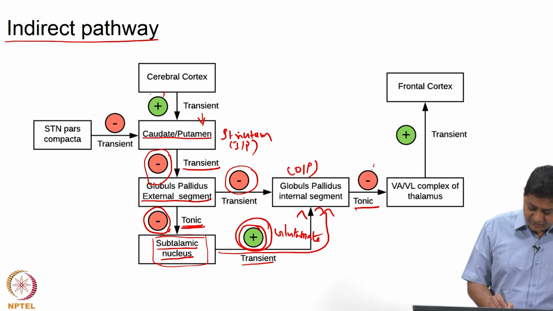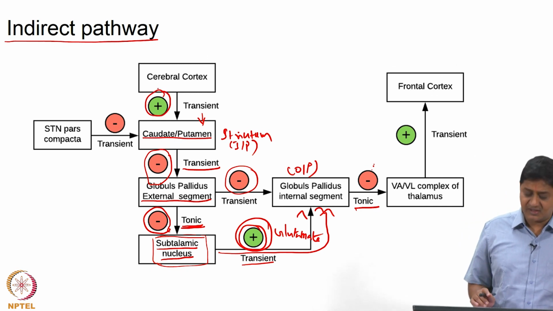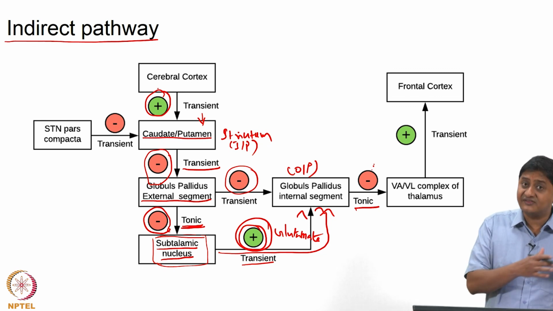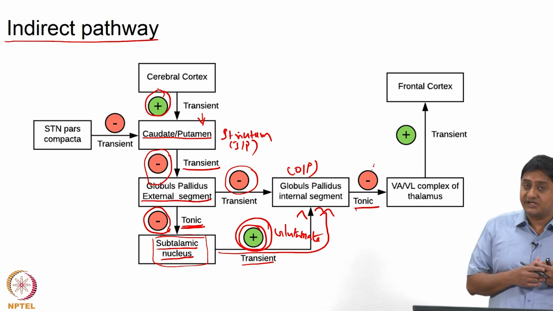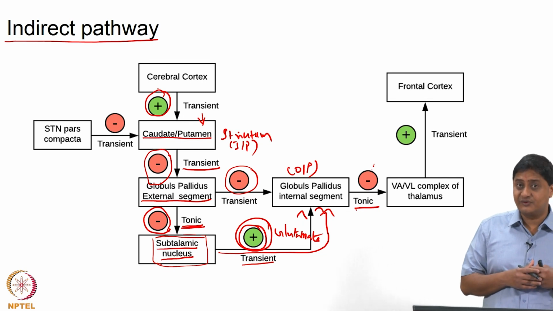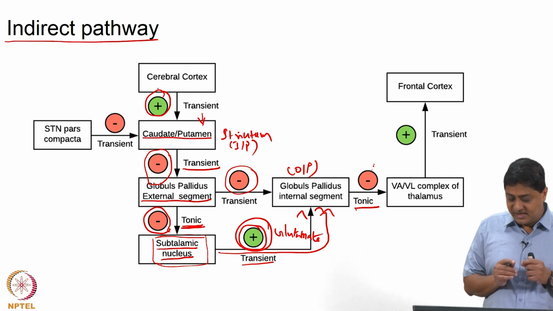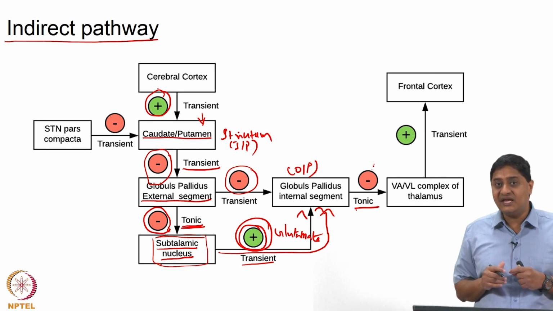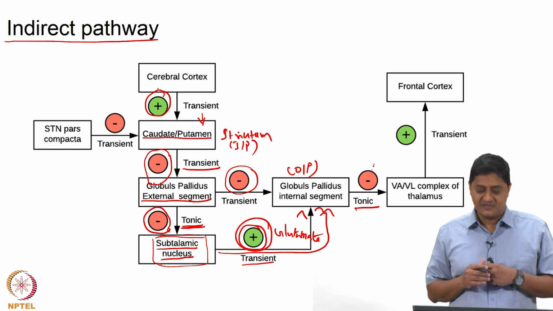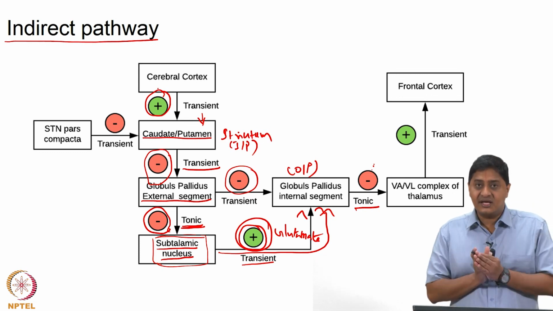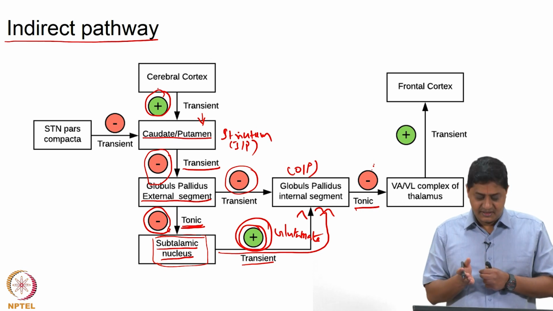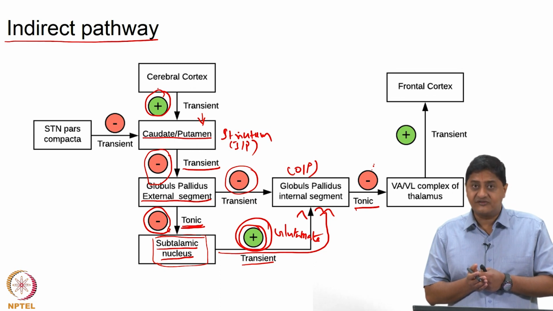When would this happen? So, this happens in situations different from that discussed in the direct pathway. So, these are not the same corticostriatal neurons, these are a different set of neurons that are used conveniently when we do not want to do something, right. There is a need for a greater inhibition, right. In such occasions, there is an excitation provided by the cortex that increases the activity of the striatal neurons.